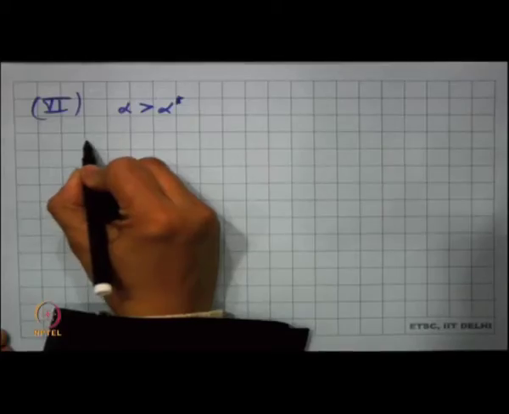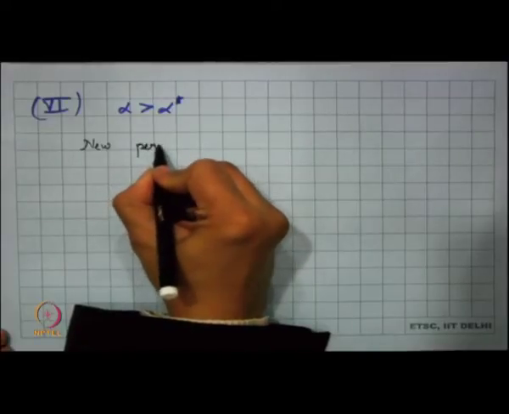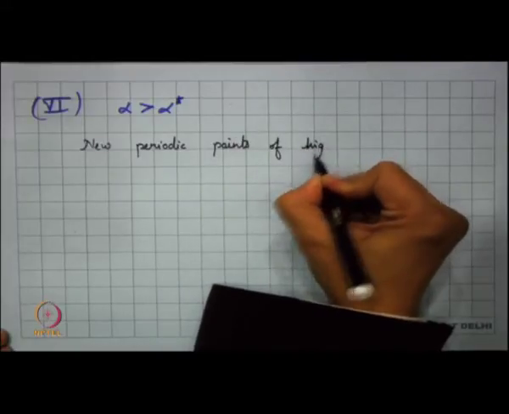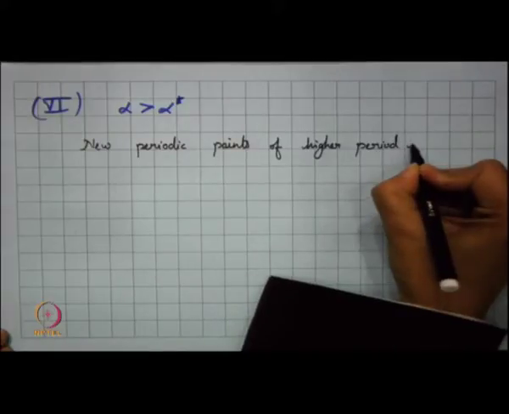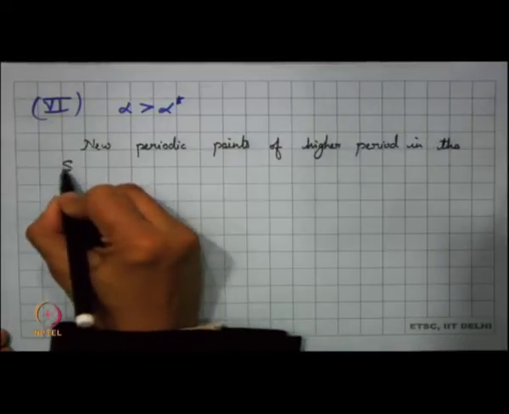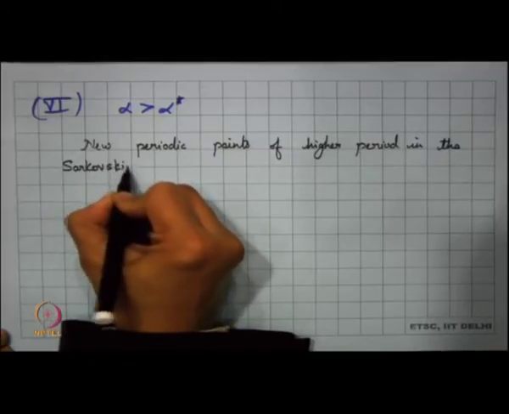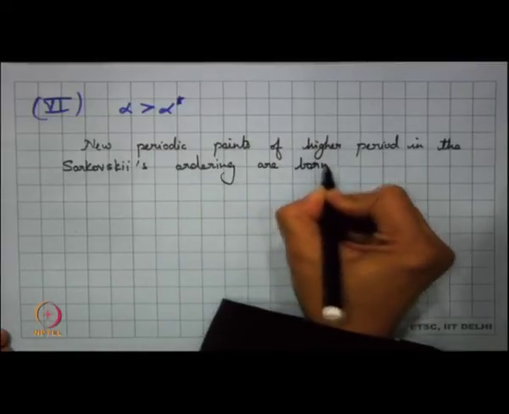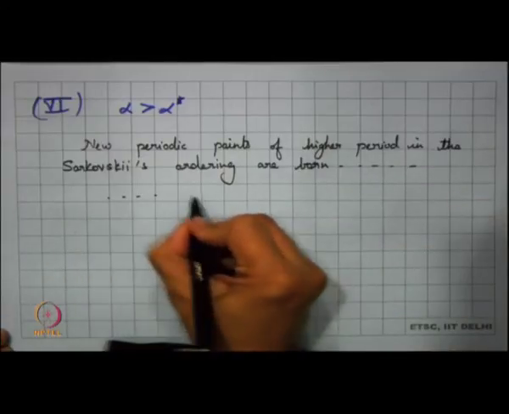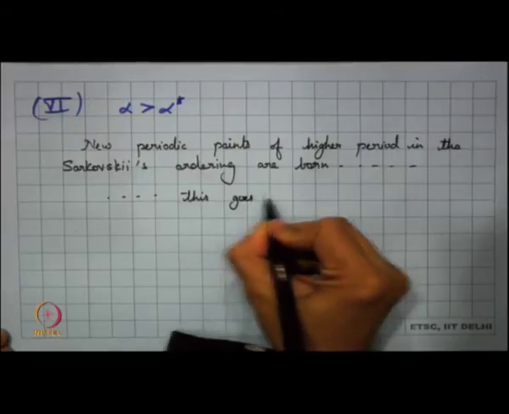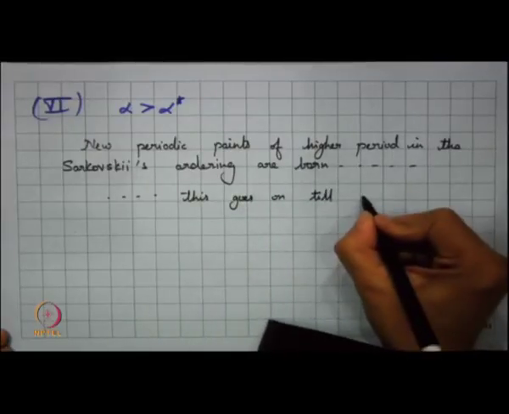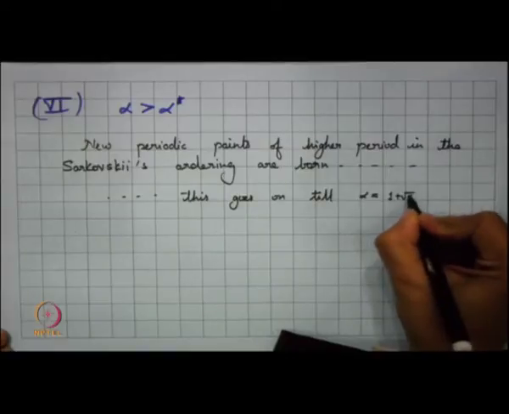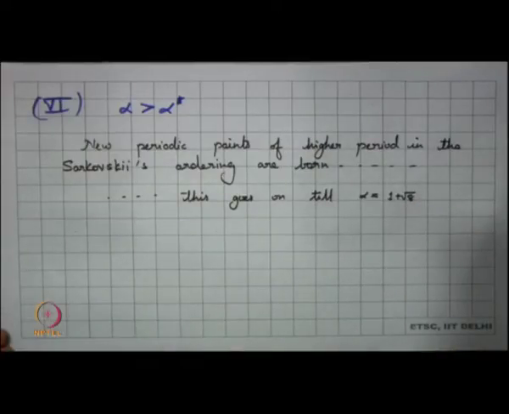So, new periodic points of higher period in the Sarkovskii's ordering are born, and this goes on till my alpha reaches the value 1 plus root 8. Now, what happens at 1 plus root 8? When alpha equals 1 plus root 8,